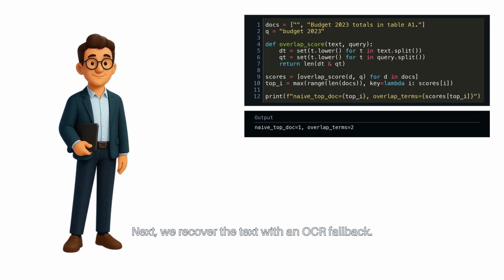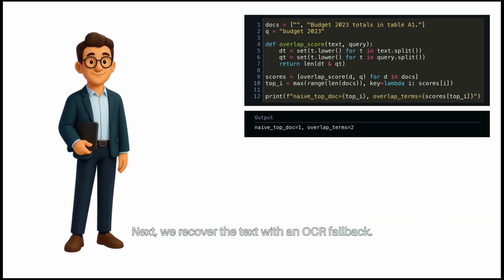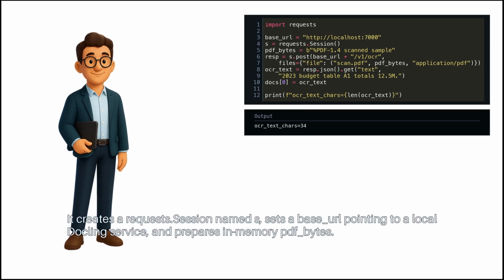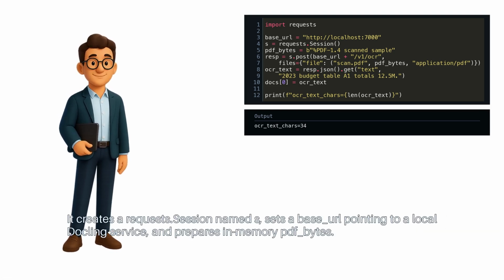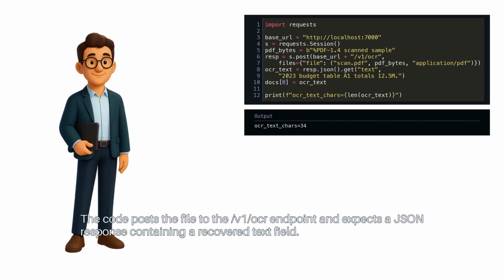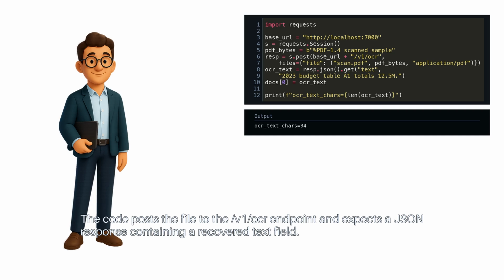Next, we recover the text with an OCR fallback. This example performs an OCR fallback using Docling's REST API to recover text from a scanned PDF. It creates a requests.Session named S, sets a base URL pointing to a local Docling service, and prepares in-memory PDF bytes. The code posts the file to the /v1 OCR endpoint and expects a JSON response containing a recovered text